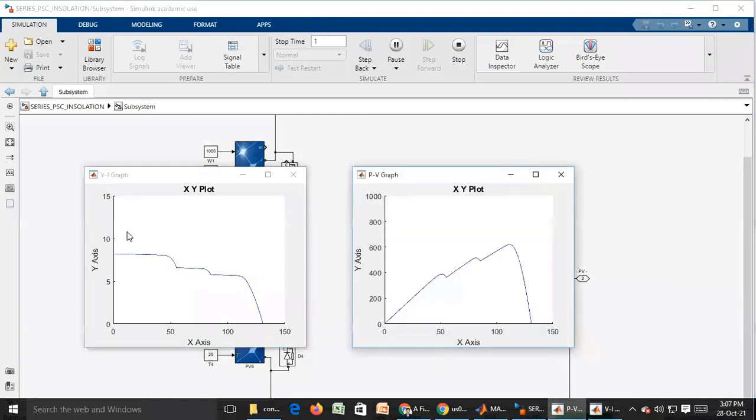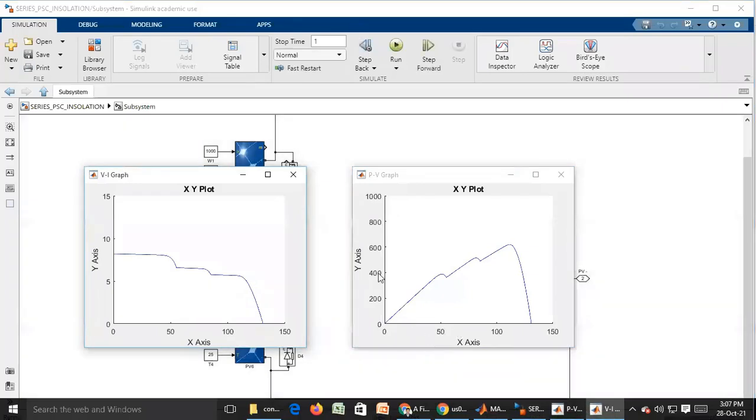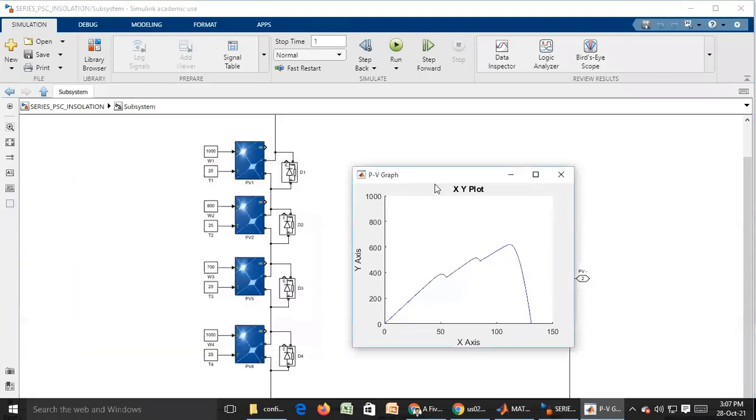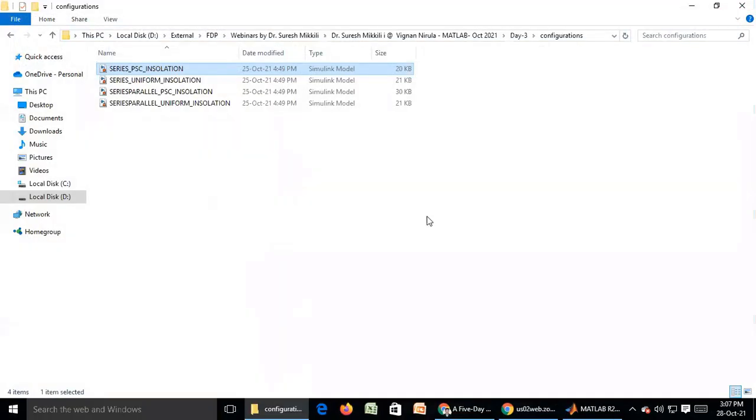Can you observe here? There are 1, 2, 3 stretches. That means there are local peaks. These local peaks have to be avoided, and that can be done with the help of MPPTs.